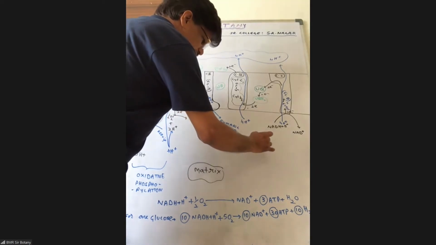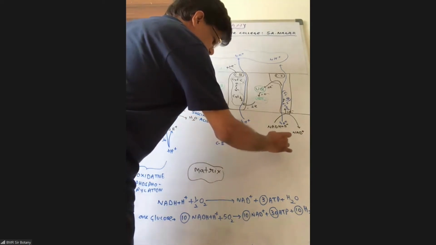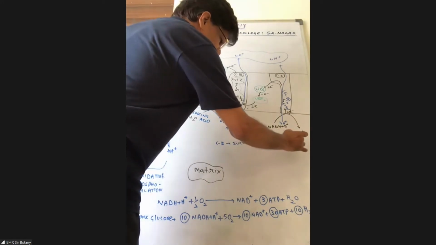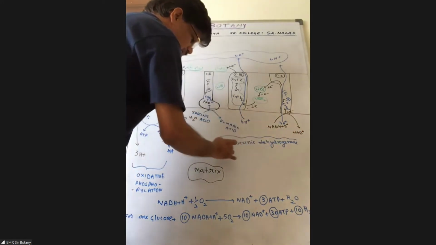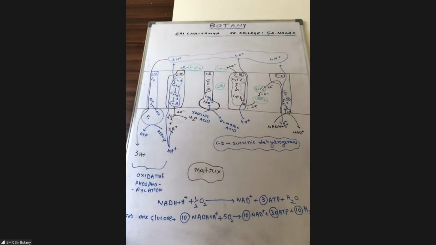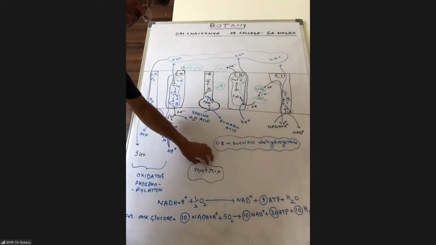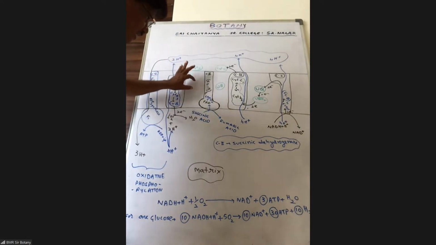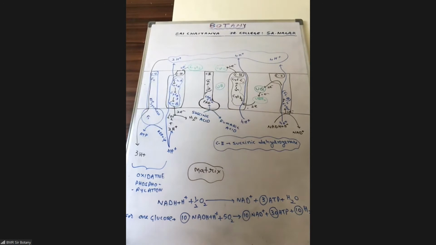What was specialty of succinic dehydrogenase? I told you, Nana, 2 specialties it has got. One, it is with competitive inhibitor malonate. Remember. 2, the only enzyme of TCA cycle not freely present. It is there fixed in inner membrane of mitochondrion. So complex 2 is nothing but succinic dehydrogenase enzyme, Nana. Which is projected towards the matrix side.